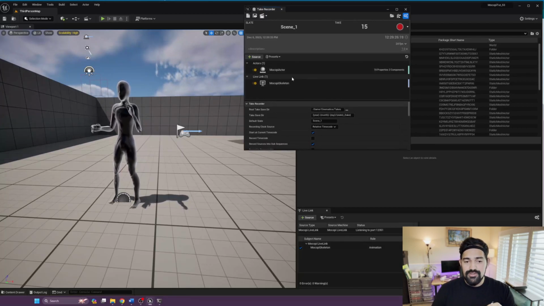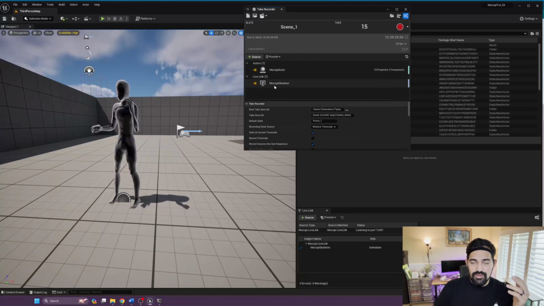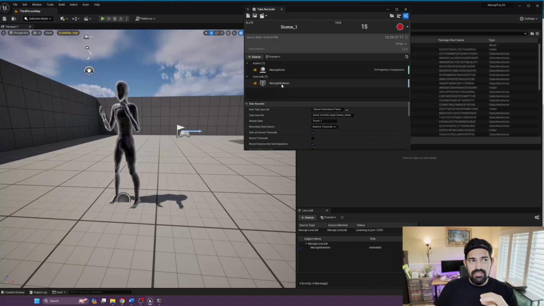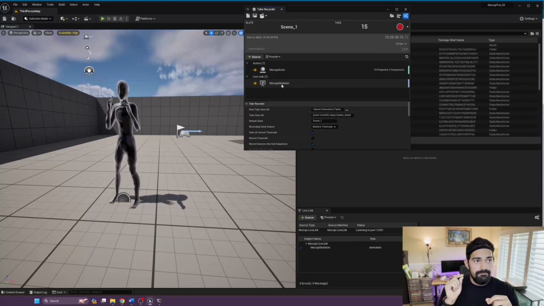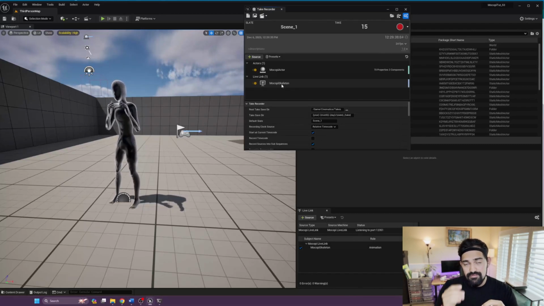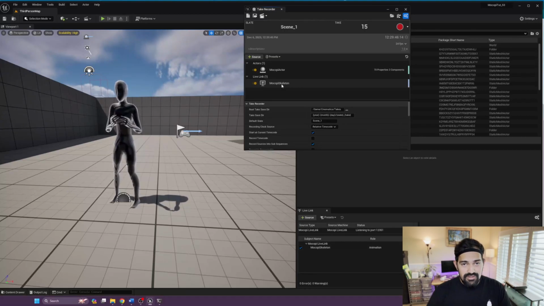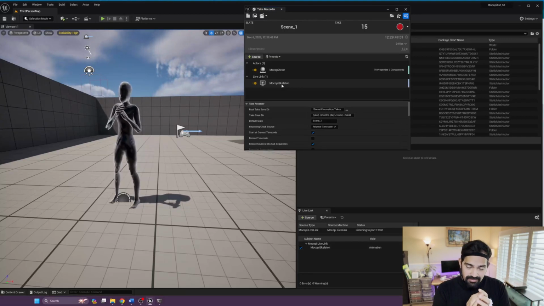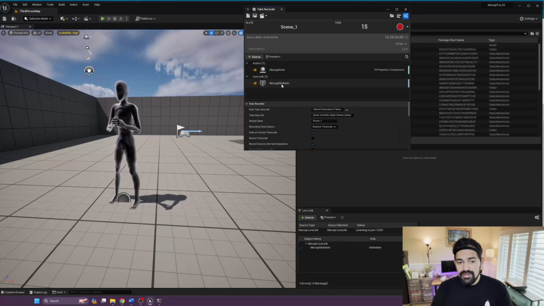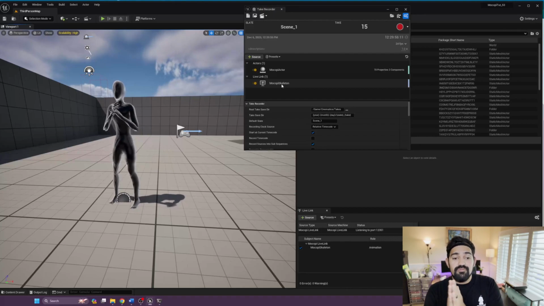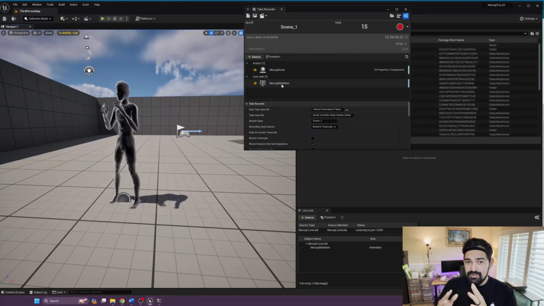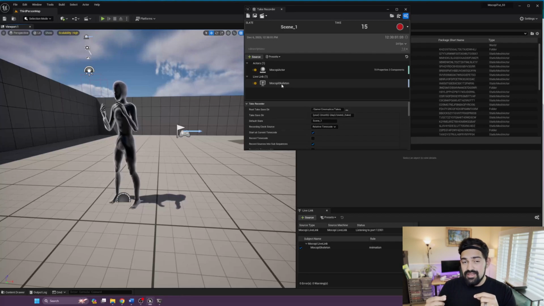So before I actually record it, I want to explain that when you're recording the LifeLink, the mocopi frames that are coming in are coming with a timestamp of where each frame was created. So when they get into Unreal as LifeLink data, it doesn't matter if there was lag or a network issue, each frame has a time of when it was created, right? That is why it's better, because it eliminates any potential hiccups that might be introduced via network